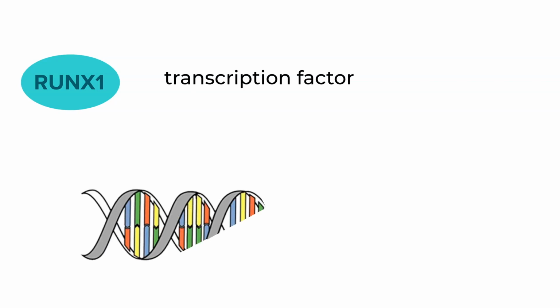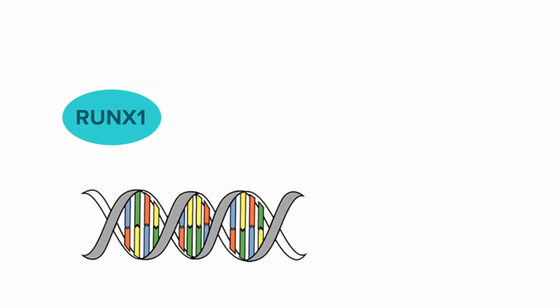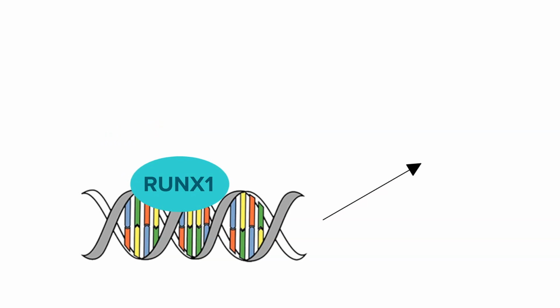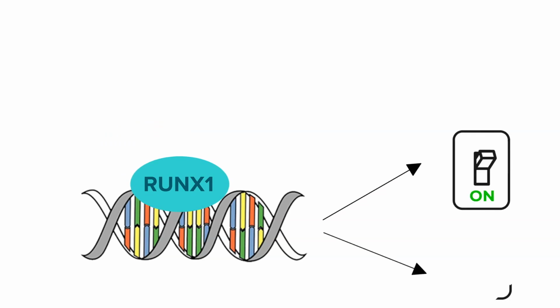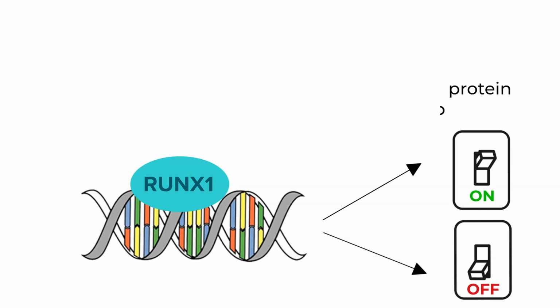The RUNX1 protein is a special kind of protein called a transcription factor. Transcription factors are proteins that are unique because they can control the output of protein production from other genes. They bind directly to the DNA of the genes that they control, like a hand turning a light switch on or off, where the switch represents the control of many genes. A normal RUNX1 protein acts by turning on the production of some proteins and turning off the production of other